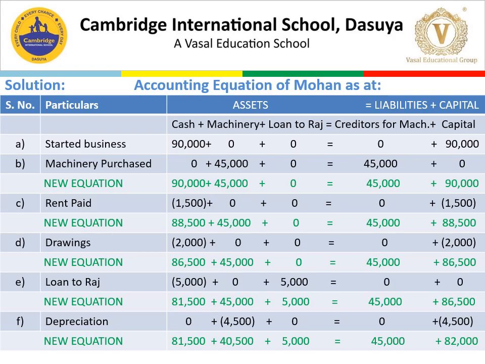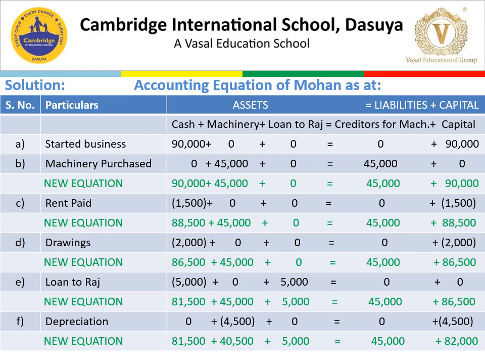Next is rent paid. Rent paid is an expense. When expenses are paid out of the business, there is an outflow of cash. So 1,500 will be deducted from cash. There is no other effect on the asset side. Since it is an expense, it is ultimately borne by the proprietor, and the proprietor account is the capital account. So 1,500 will be deducted from capital also. So the new equation would be cash 88,500, machinery balance 45,000, creditors for machinery 45,000, and capital 88,500, and both the assets and liability sides are equal.